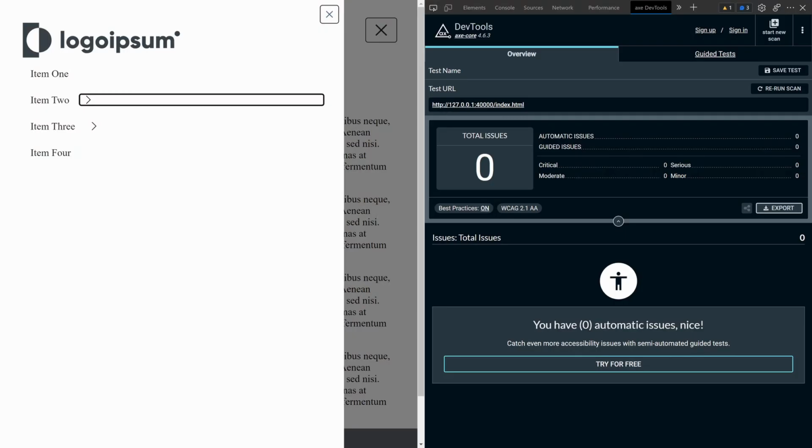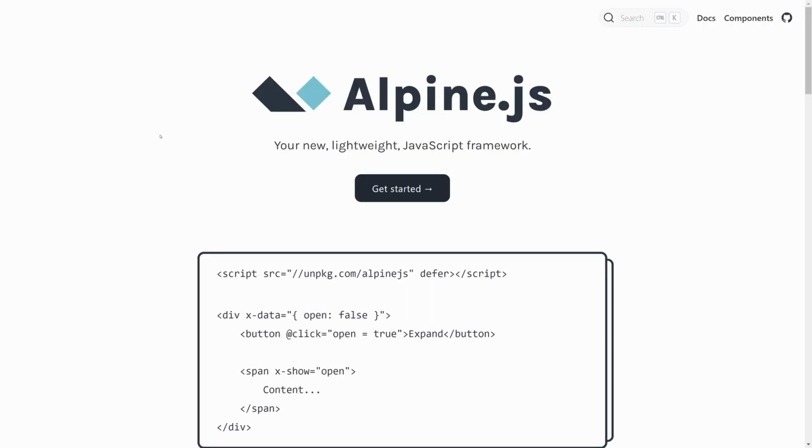Navigation menus are one of those components where most people either copy what someone else has done, or they try to make it themselves and get it wrong. In this video, we're going to create a fully responsive and accessible navigation menu using nothing but HTML, CSS, and the Alpine.js library. This is going to help you understand what goes into making a menu, so that you can either copy it and modify it how you want, or you can take that knowledge and create your own menu